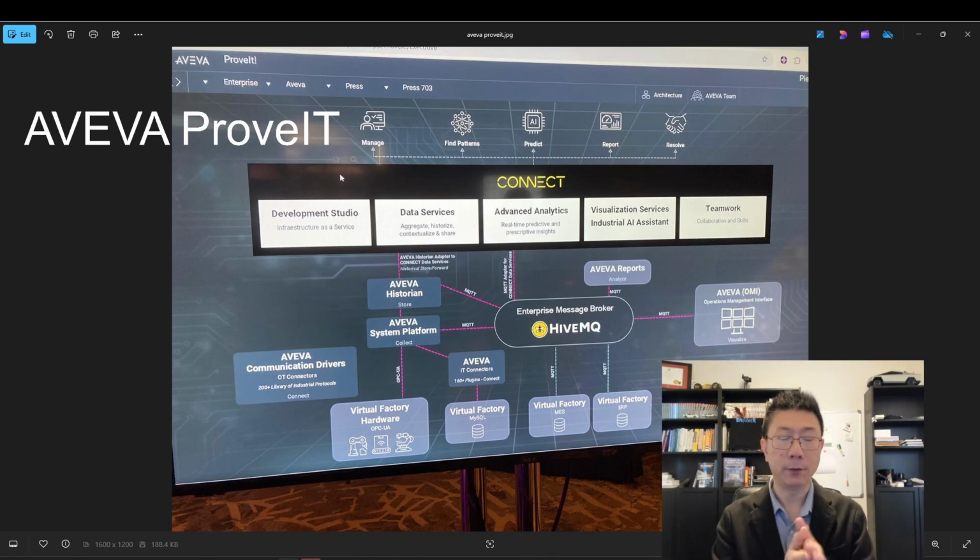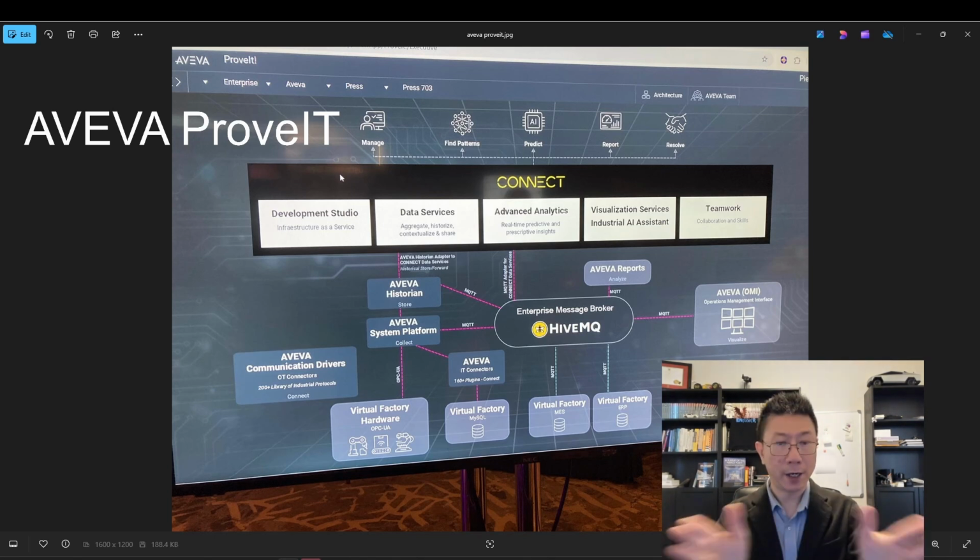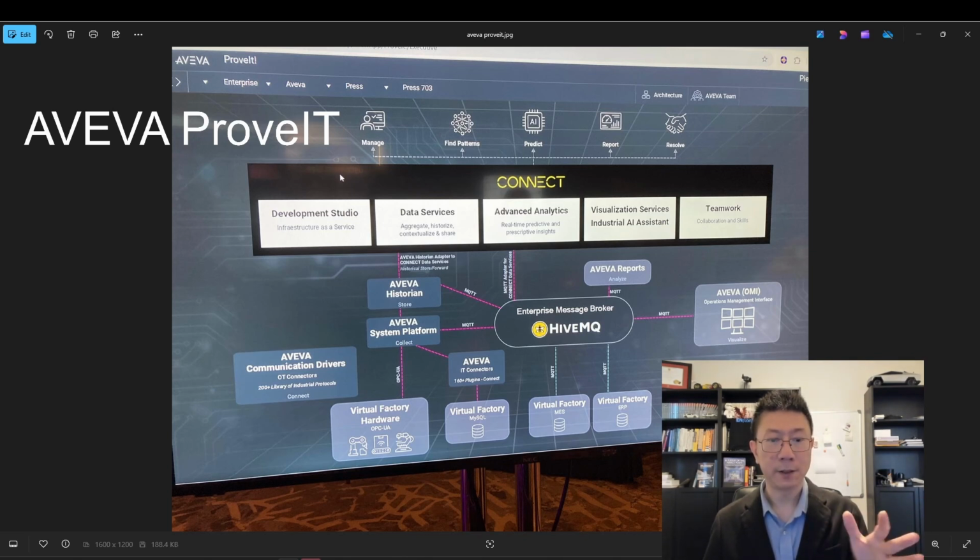So let's talk about this diagram. I'm going to go through the components step by step here. On the bottom we have virtual factories, different virtual factories here, and as you know, devices can expose the data through OPC UA, right? It could be from a database, right? And it could be from